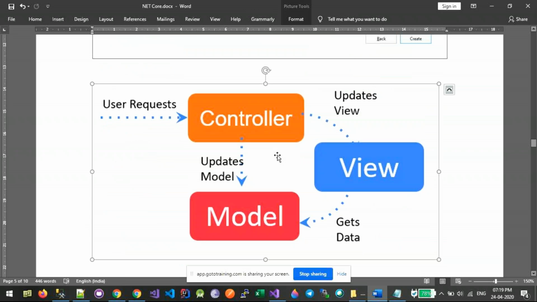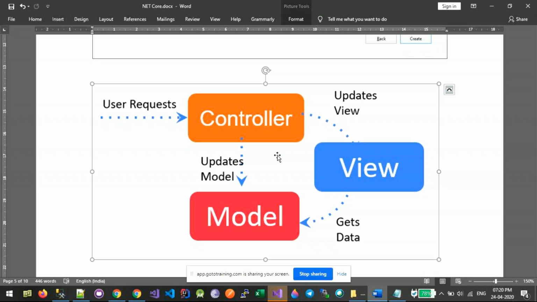For those who are not aware of MVC, MVC is a Model View Controller architectural pattern. This pattern is based on a design pattern called the front controller pattern. All the requests coming from the browser or user are handled by a class called controller. Controller has methods called action methods. So for every request coming in, the routing engine and the routing template will determine which controller and which action method to be invoked.